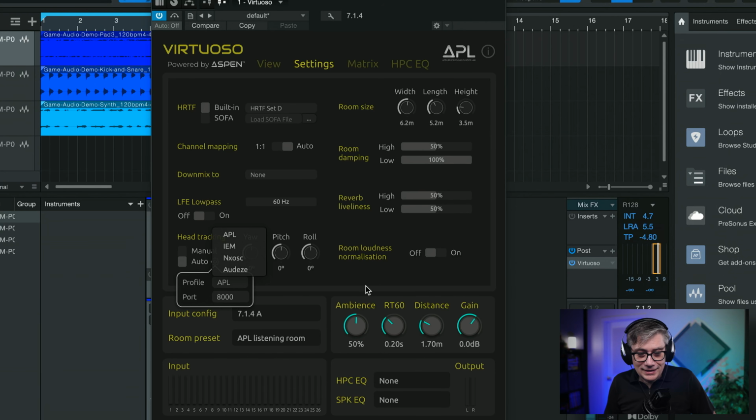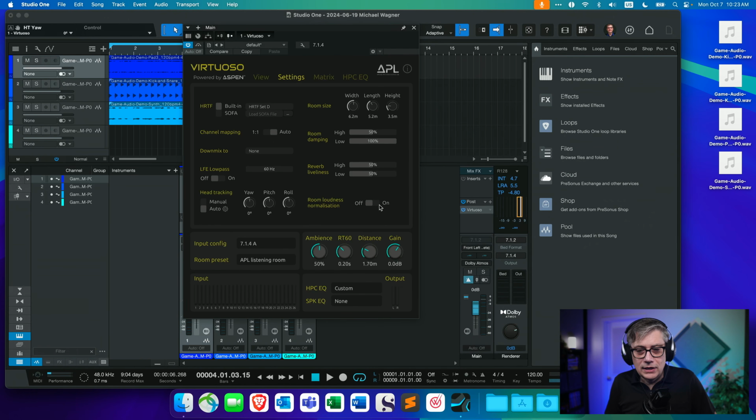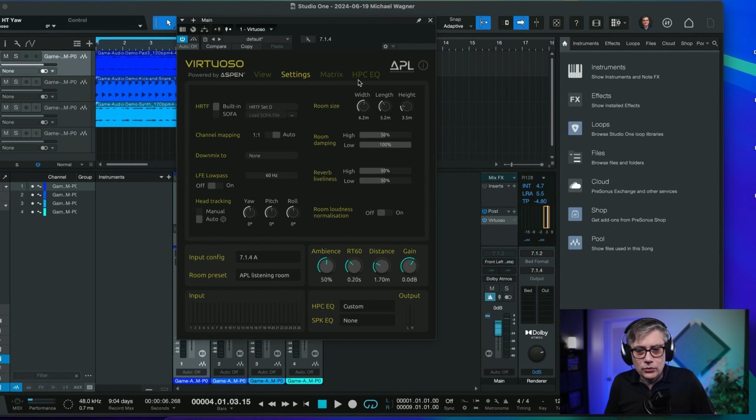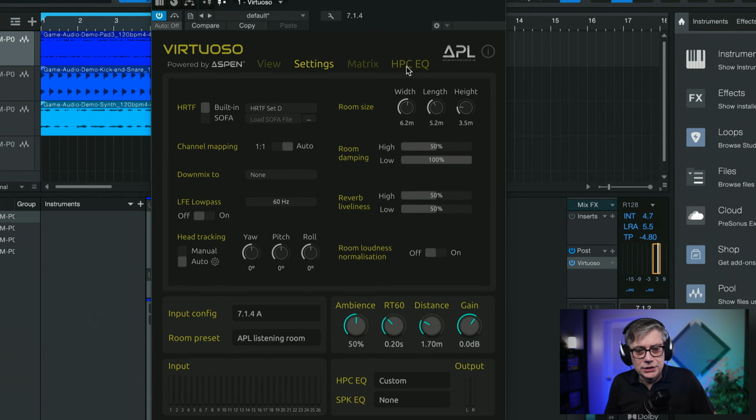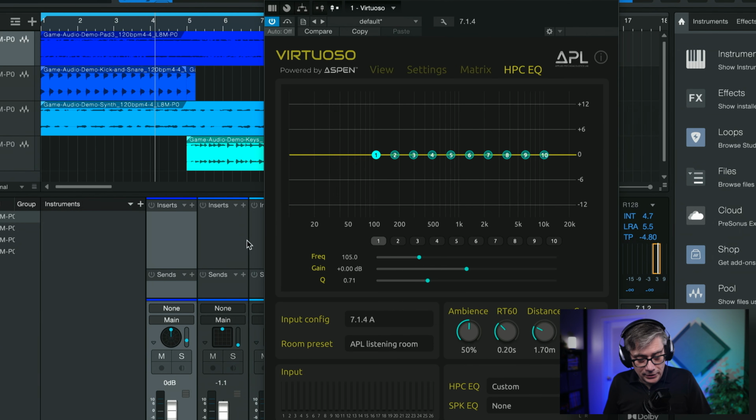So the next thing that is new is here in the headphone EQ section, and that opens up all the options that you have in order to set up the EQ for the headset. You have this new custom tab, and what that allows you to do is go here into the HBC, the headphone EQs, and you now have a 10-band EQ that you can configure manually. So let me just play the audio.